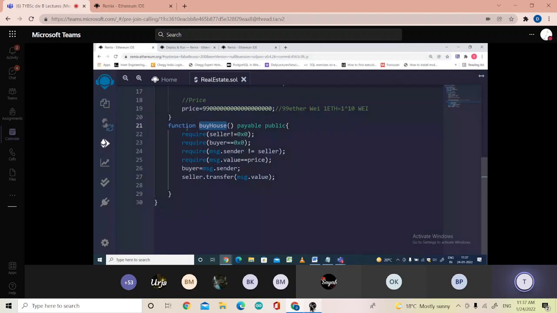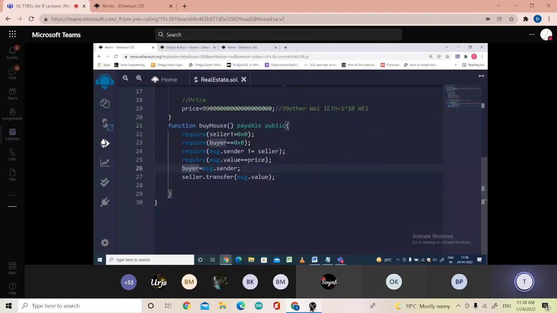Now here the functions are written with the syntax function, then function name। Now it is public, okay, public means it will be accessed outside this contract। Okay, now then there is a keyword payable, it means that this function can be used for transferring the ether, so that's why the keyword payable is there। Okay, now when this particular transaction or this particular function will be executed, it is having certain, it will test if